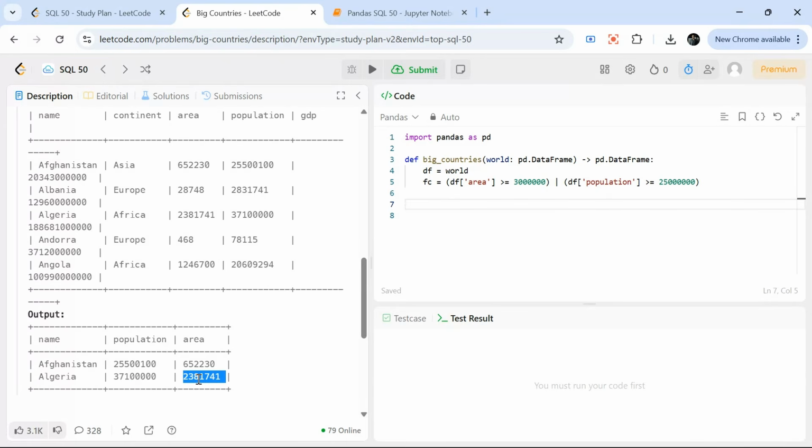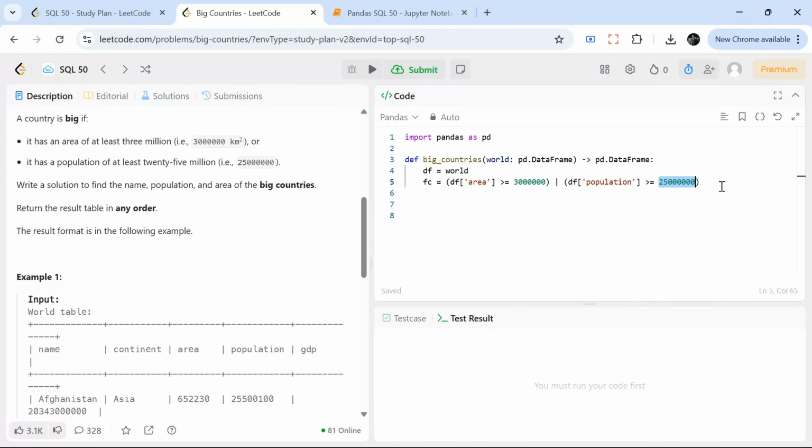No, this is not satisfying. This is 238. It has to be 250. So either one is satisfying for both. So Afghanistan and Algeria are there in the output. So we will say return,